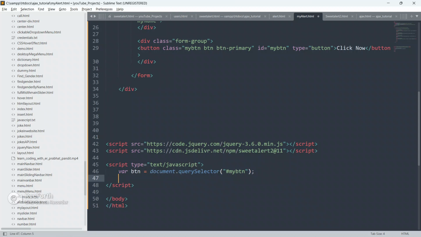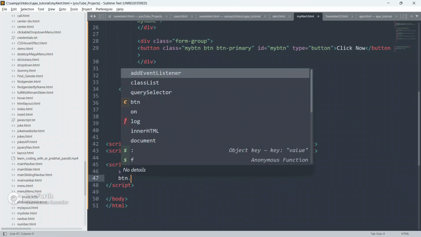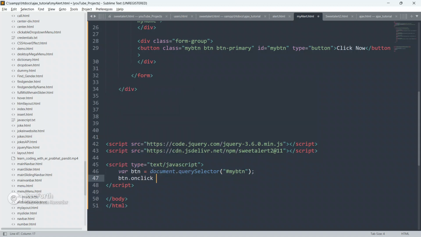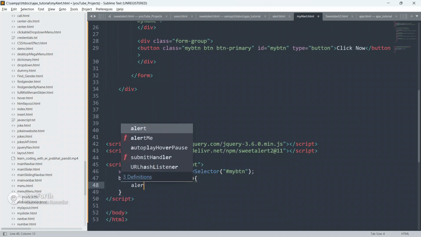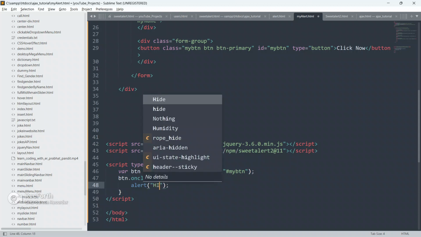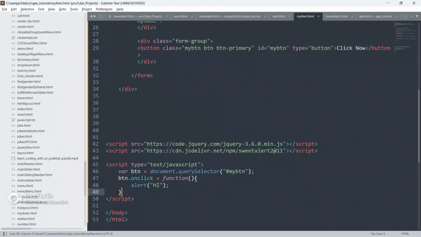Now on this button we are going to append on click event. So btn dot on click, it is going to run a function. First of all alert, and let's see if it is working or not.